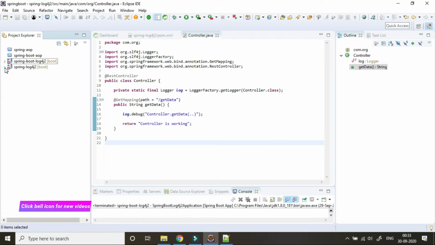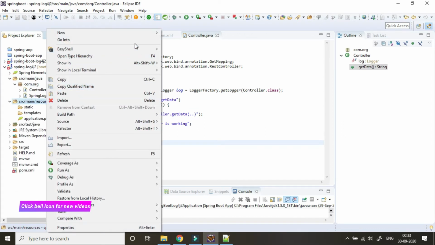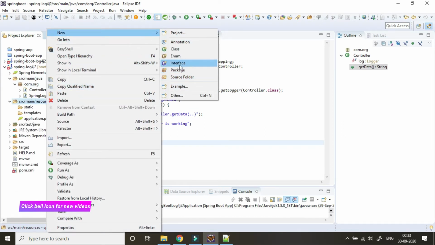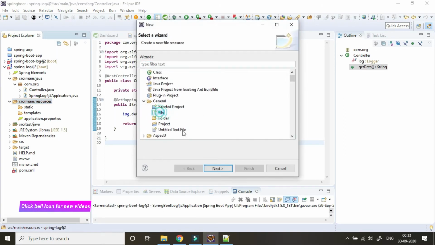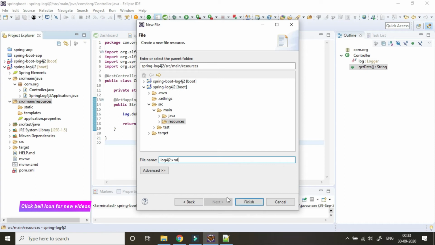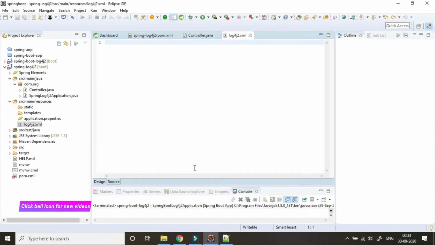First we will create a log4j.xml file under the resources folder. Then we will paste the sample that we already have.